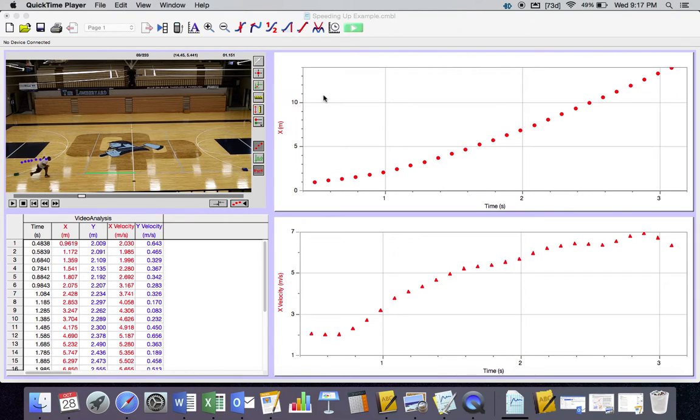Okay, guys, so hopefully you've finished the tangent stuff for the top part. Now what we're going to do is go down here to the bottom and figure out the velocity at those same spots. So I want to know the velocity at 1 second, the velocity at 1.5 seconds, the velocity at 2, 2.5,